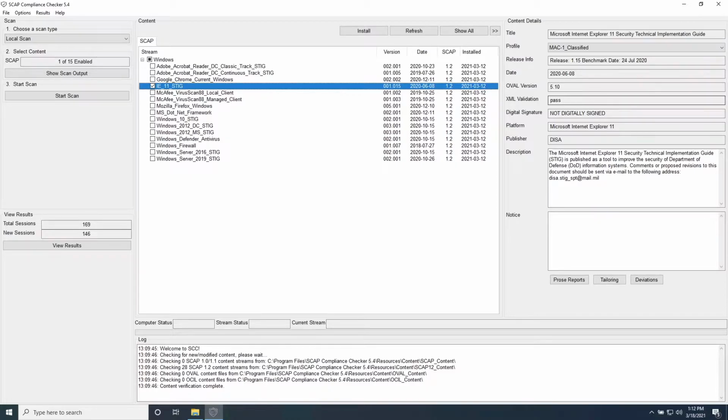XCCDF, being the policy and prose component of SCAP, has things like the titles, the descriptions, and fixed text. It also contains profiles. OVAL is the automation checking language component of SCAP, where tools like SCC actually query the system. So what is a profile? A profile is a list of groups or rules in XCCDF that have basically been enabled or disabled. And values